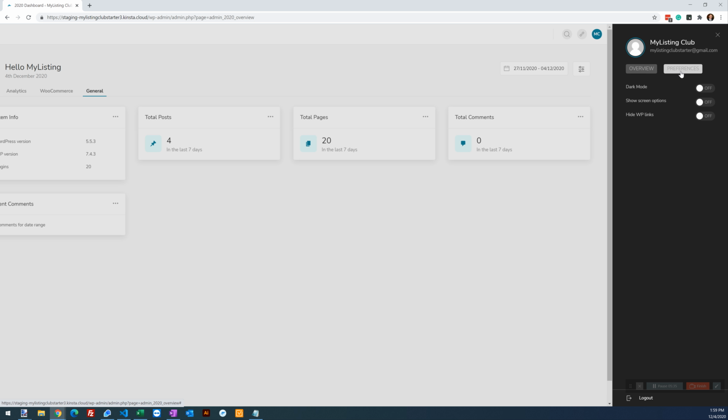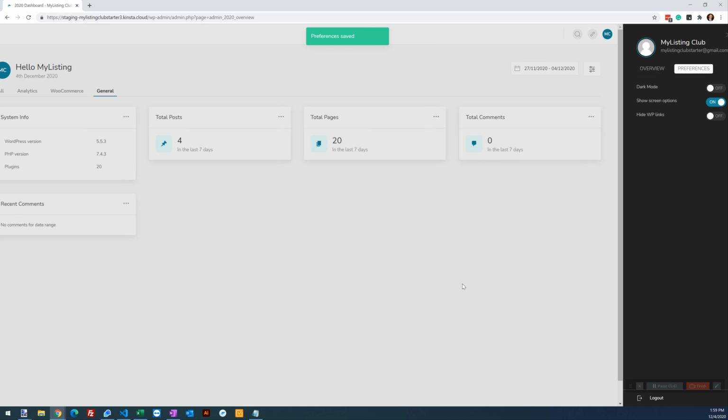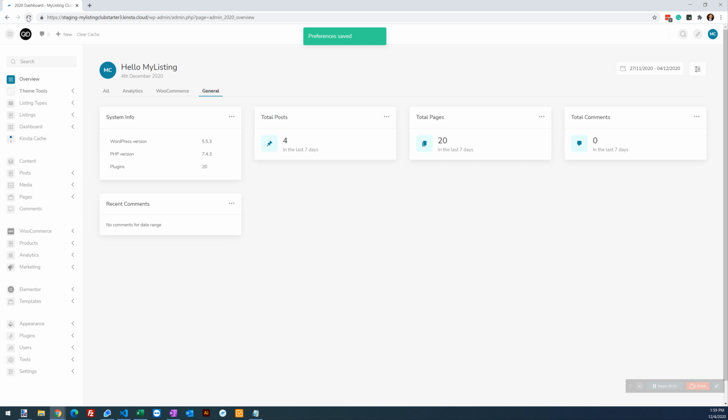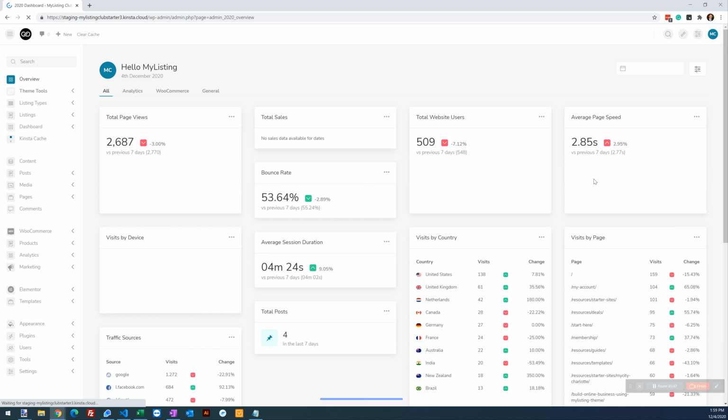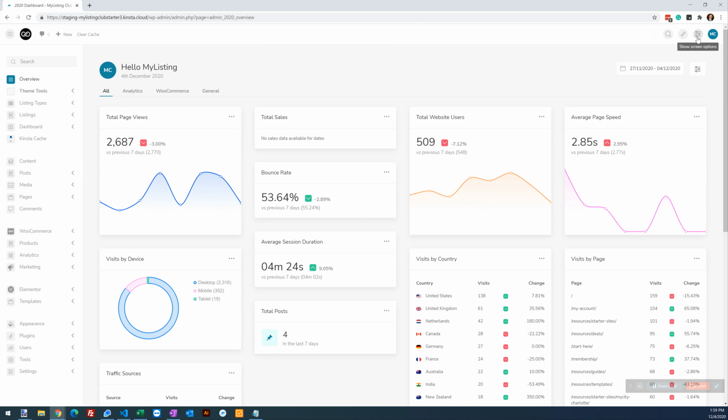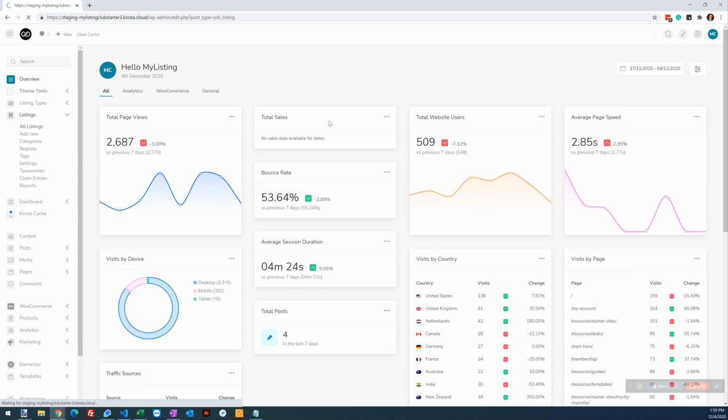While we're in here, if we click on preferences, we can turn on screen options, and I'll show you what that is. Go ahead and refresh the page here. That gives us this icon up here at the top. And if you're in a page like, say, your listings,